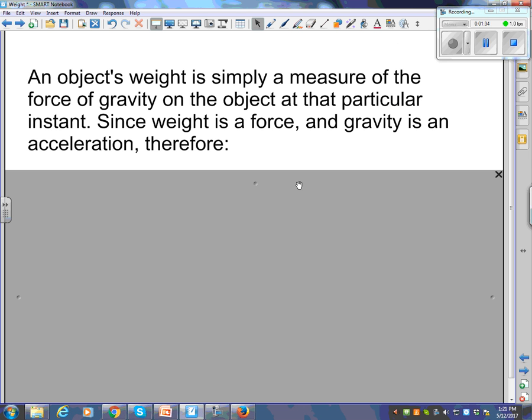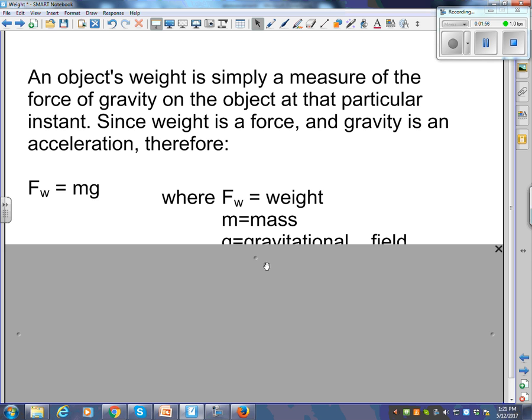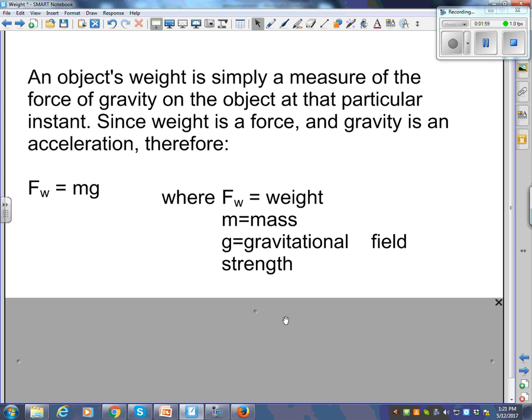An object's weight is simply a measure of the force of gravity on the object at that particular instant. Since weight is a force, and gravity is an acceleration, therefore, and you've seen this already, right? The weight force is mass times gravity, where F_W is the weight, m is mass in kilograms, and